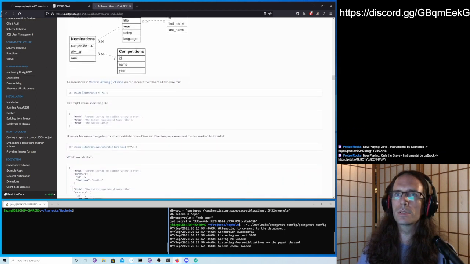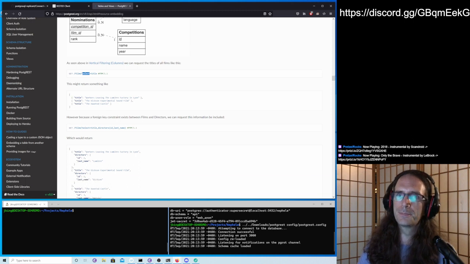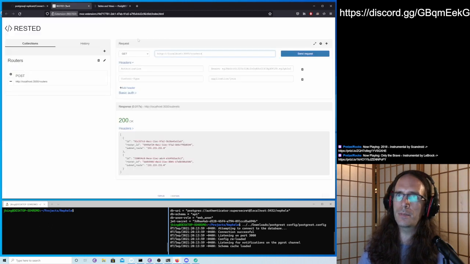More key constraints. So you can select different fields with just the select keyword. And then if you want the relation, we can get subnets with the parentheses of the different fields we want in the subnets. All right. So we can select subnets, ID, subnet route, I think I called it.